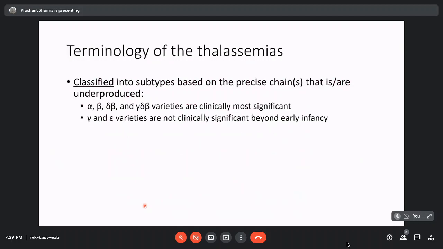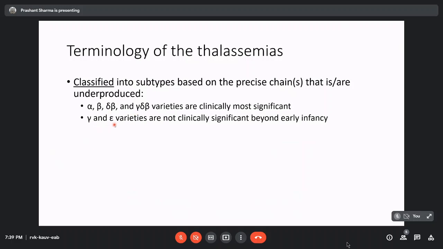But coming back to the thalassemias proper, before we study a disease, we need to classify it. So we can classify thalassemias into subtypes based on the precise chain that is underproduced. So alpha thalassemia, beta thalassemia, delta beta thalassemia, and gamma delta beta thalassemias are the most clinically significant ones in this group. Their frequencies, of course, are different. On the other hand,